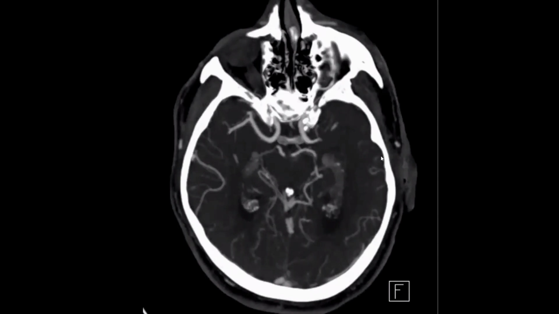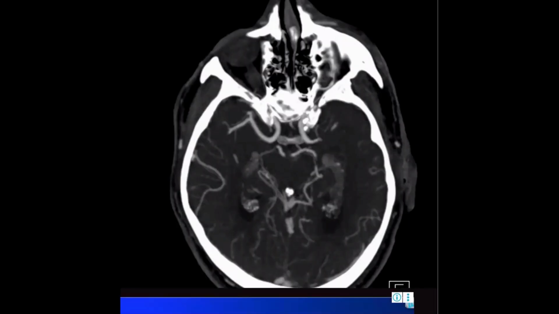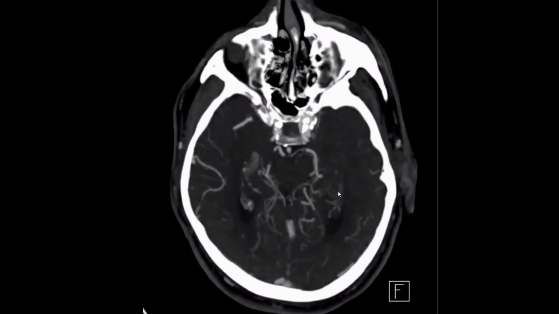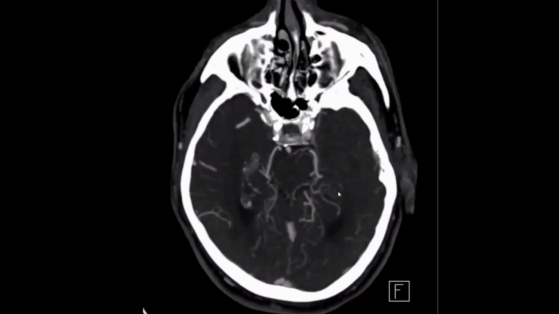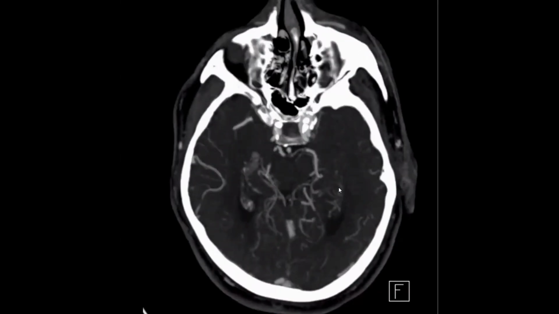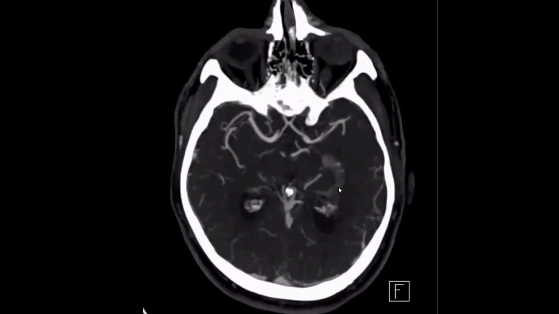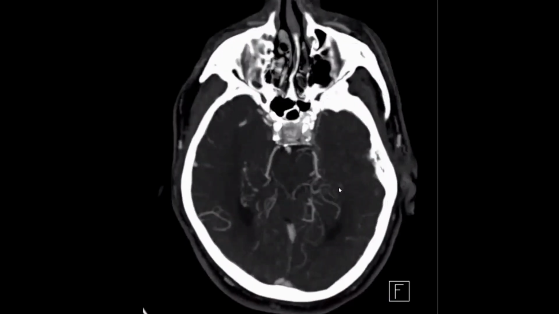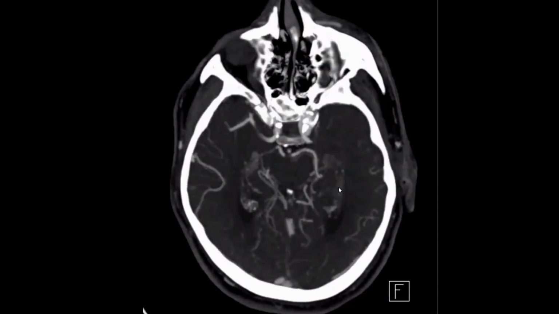Yes, this is hyperdense. This is aneurysmal. Sorry, doctor, is the basilar artery patent or not? It appears patent, but at the tip I can't see it. This is an axial MIP image. This is the patent lower segment of the basilar artery, and if you start to trace here, it appears totally